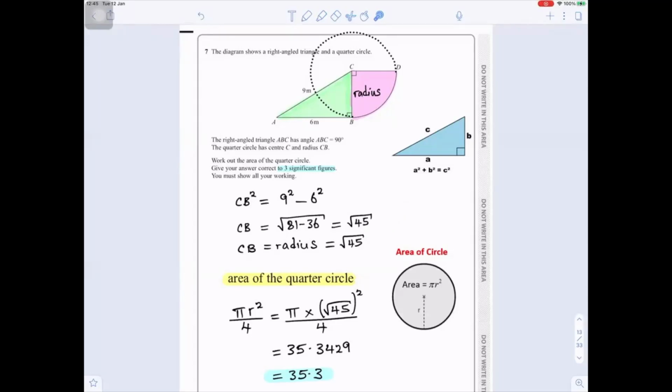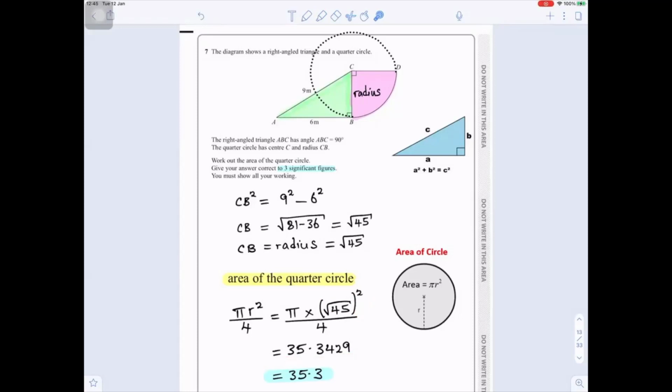The next formula that you need to know is area of a circle. Area of a circle is pi radius squared. Pi times the radius squared. And I've written the formula on the right hand side. So because it is 1/4 of a circle, that means you divide it by 4 after you find the area. So you write pi radius squared divided by 4 because you're finding just 1/4 of a circle. And the 1/4 circle, I represented it with that pink shade in there. So pi times square root of 45 squared divided by 4. Using your calculator, that will give you